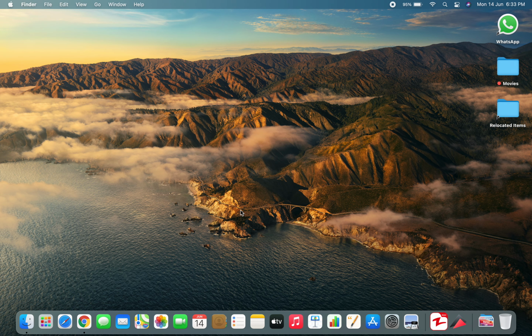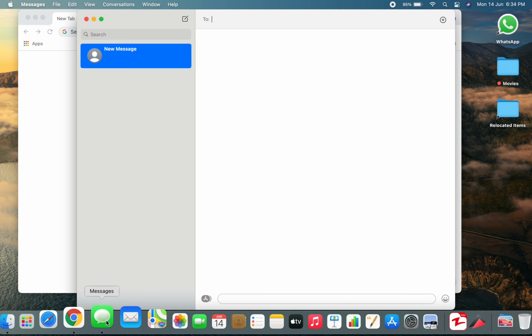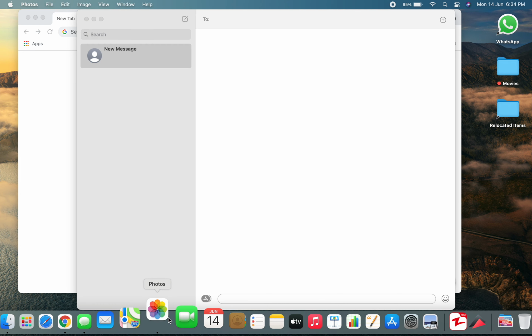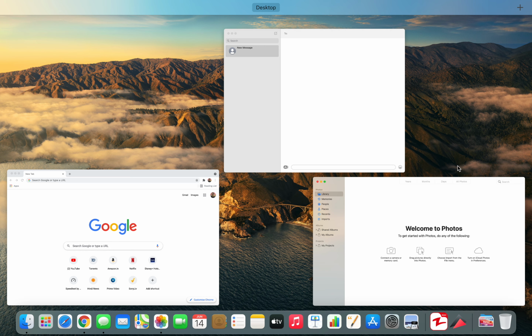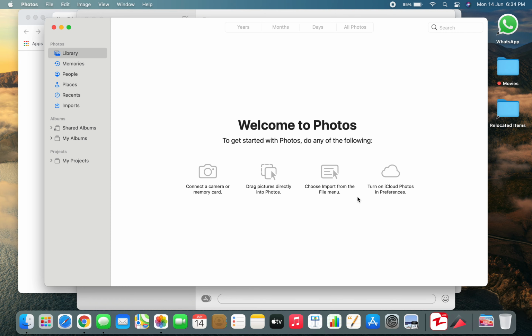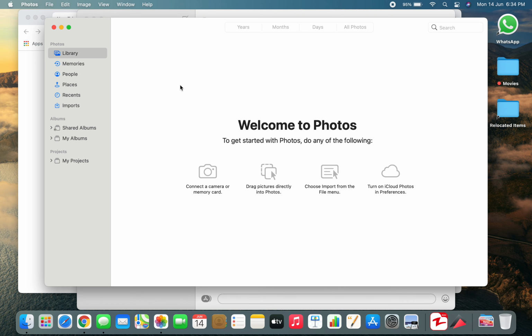Now we are back on the desktop. Now I'll have to tell you some more shortcuts. Another is swipe with 3 or 4 fingers on pages. Basically, if there are a lot of apps open, like Google Chrome, Messages, and even Photos, then while on your trackpad, you can swipe with 3 fingers upward and you will see your desktop, and also you can select any app that you prefer. So this is one cool and very important method, because just using 3 or 4 fingers you will be able to bring about the menu just like I'm doing now. So this is one more method.